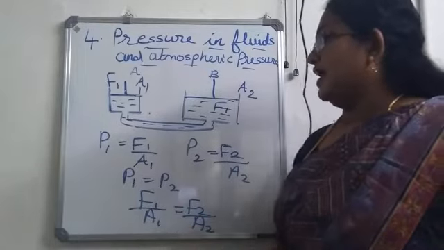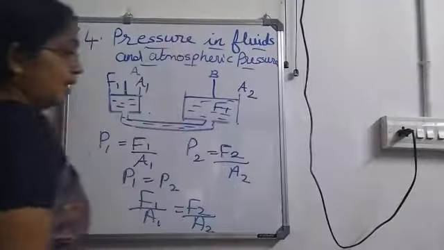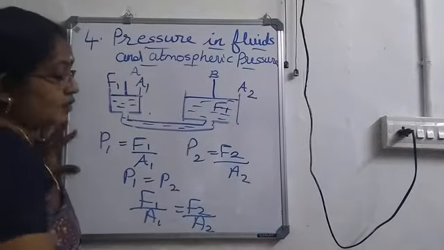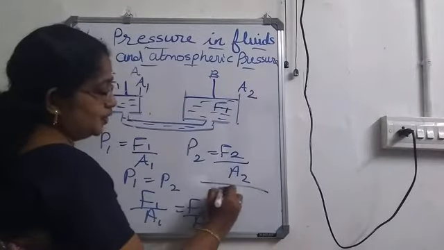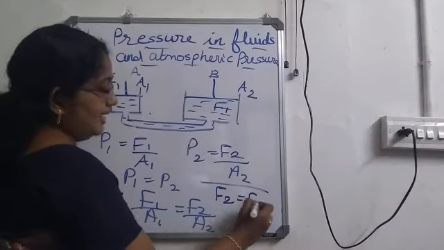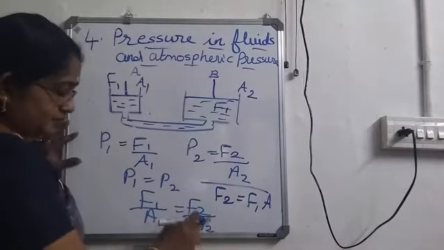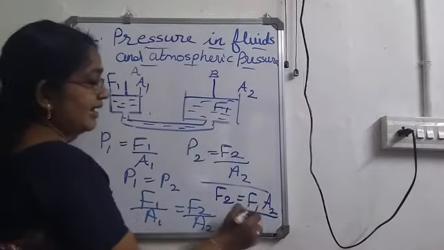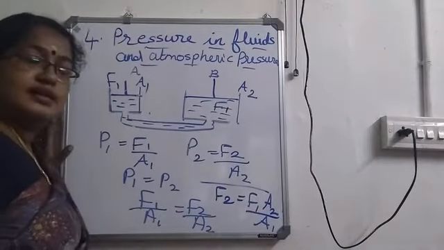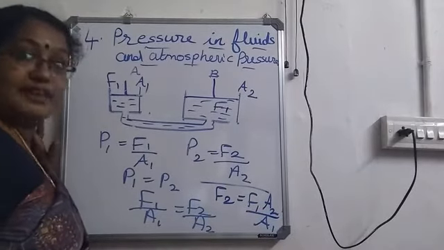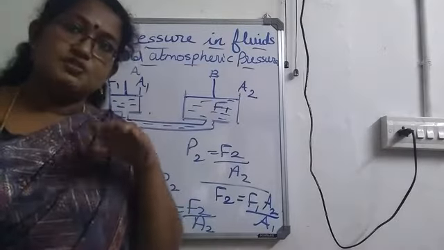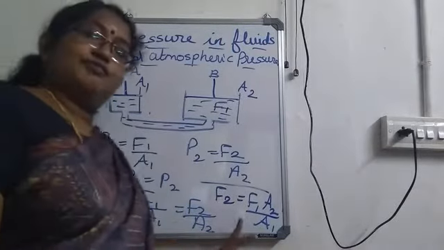So you can write F1 by A1 is equal to F2 by A2. Now from here, what will be F2? F2 will be F1 into A2 by A1. So which one is more, F1 or F2? F1 is the force which we apply, and F2 is the force